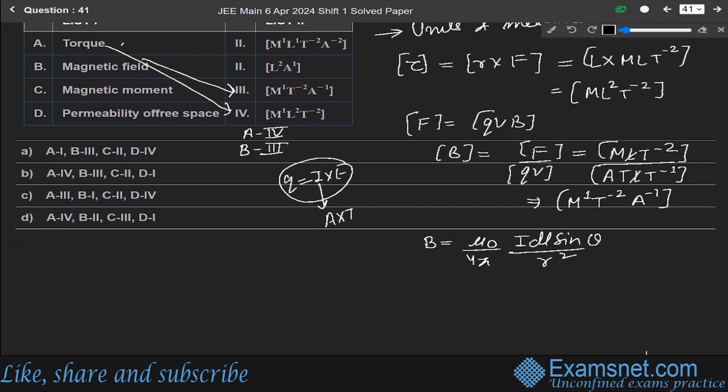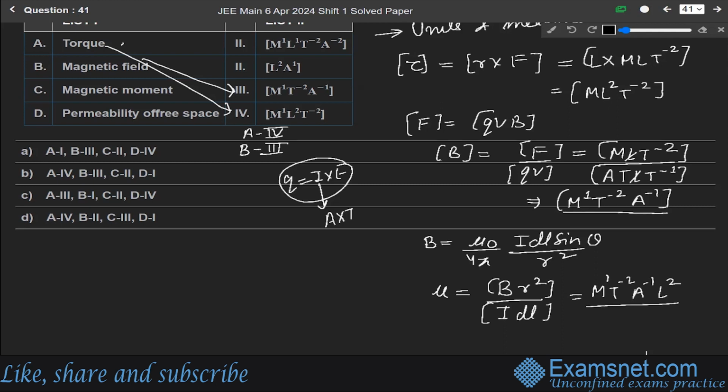So this magnetic moment mu can be written as B into r square over I dl. For magnetic field, we can write M1 T minus 2 A minus 1. R square means L square over I dl. I is current, so for current we can write ampere A, and dl is the length, so for length we can write L. So solving it, we can write